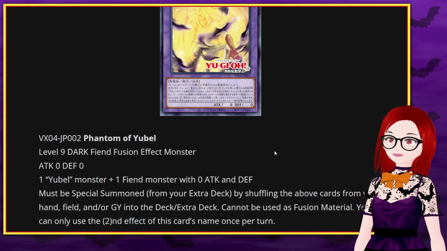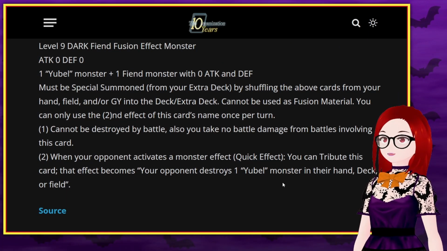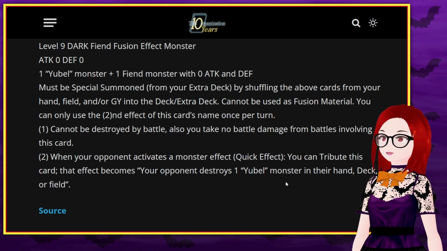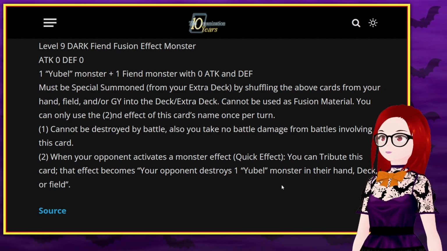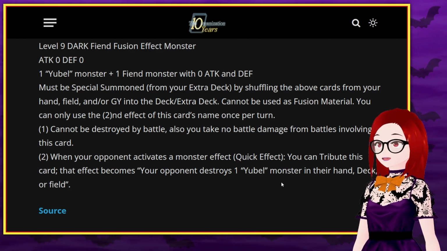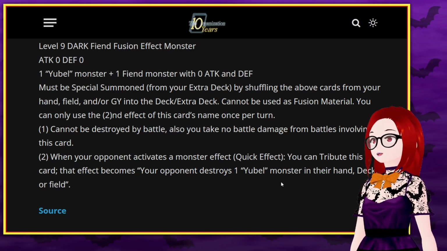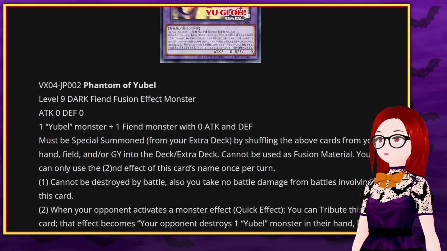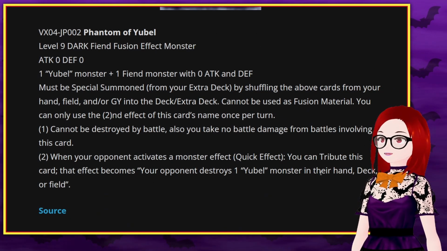This is what the deck needed. Phantom of Yubel breaks the deck. Like there's just so much you can do with it from that point. It's incredible. It recycles material. It is material. It's basically free. It just can't be used as fusion material. Nothing's stopping it from being used as a link monster material. Wow. It's incredible. And, man,